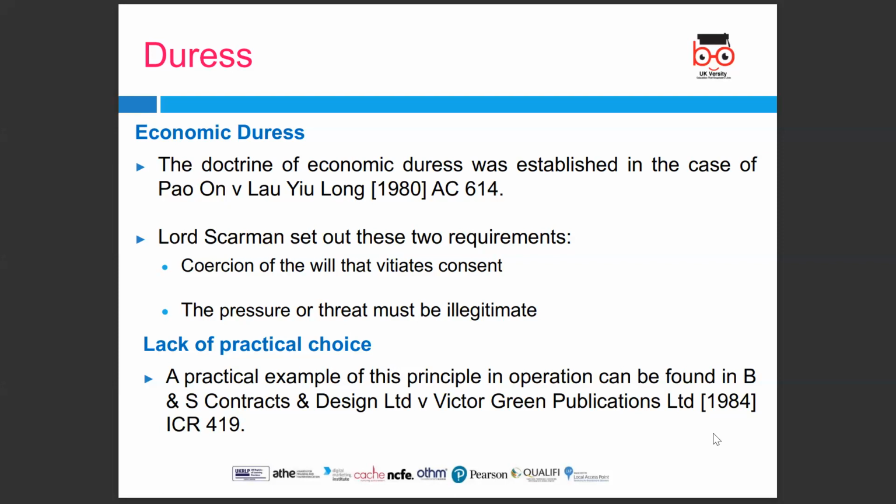Atlas Express realised they had miscalculated the size of the baskets, so would have to spend more on delivery and cut their profits. Atlas told Kafco that if they did not pay a higher price for the delivery, they would not deliver the baskets at all. Kafco had no choice but to pay the higher price, as if they did not, the third party would go into liquidation. They paid the price and later claimed economic duress. It was held that Kafco had no choice but to pay the price.